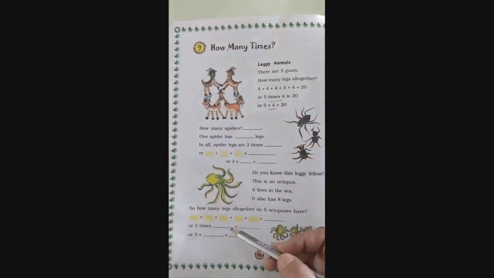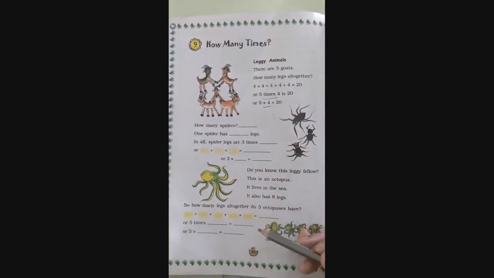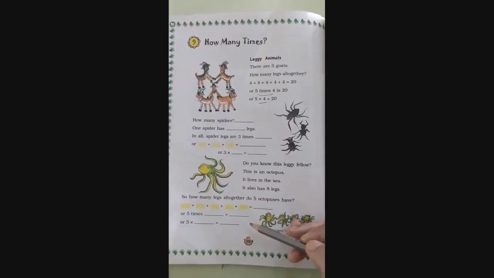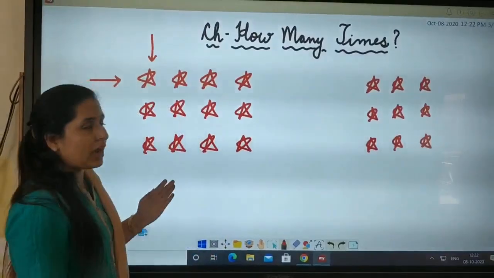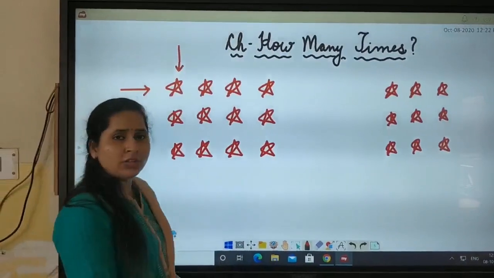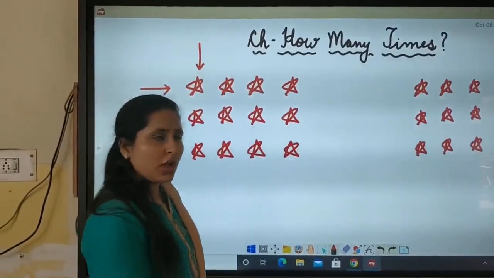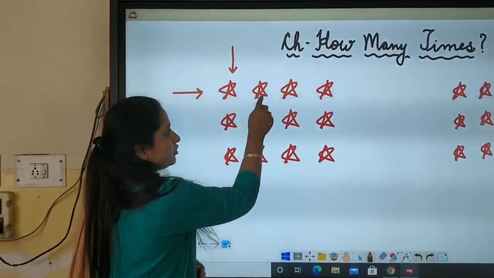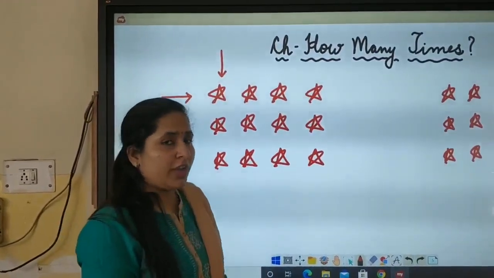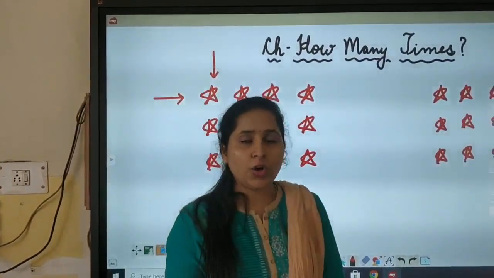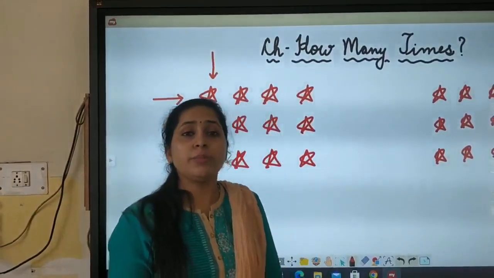Similarly, examples are given there where you need to count different things using the same method. So try to solve these pages on your own. Look at this. Here are a few stars. Can you count them? How many are there in total? How will you count? Like this: 1, 2, 3, 4. But it will take a lot of time. So can you solve it with a quick method? How? Yes, we can do it using multiplication.